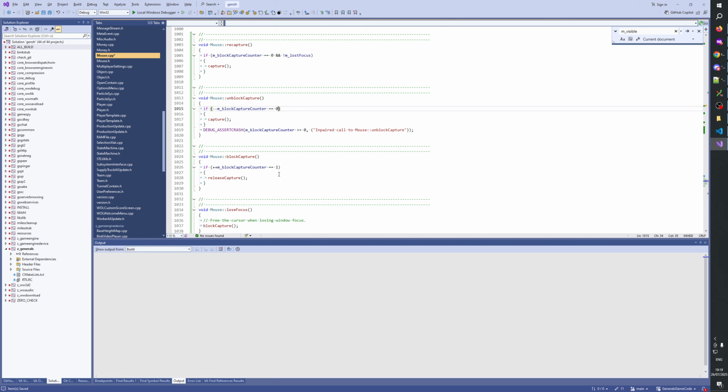Or can we use also the lost focus? The problem I have with the lost focus is what guarantees that we start with... we don't know. We have to make an assumption, right? Okay, let me revert that here.